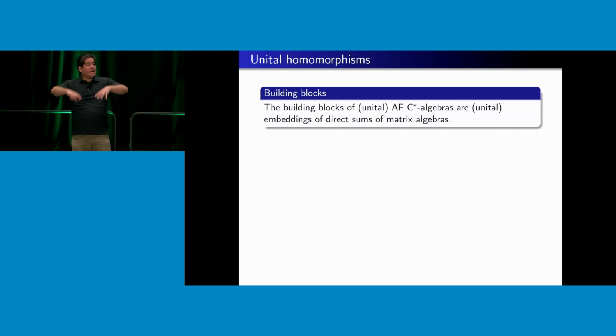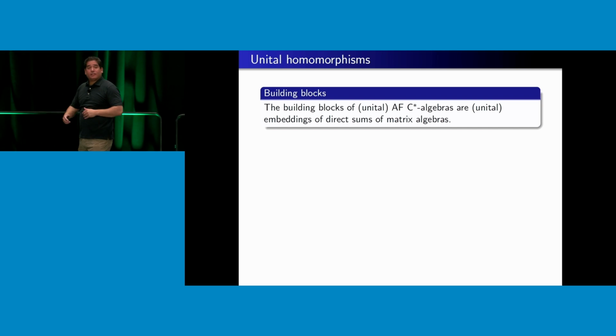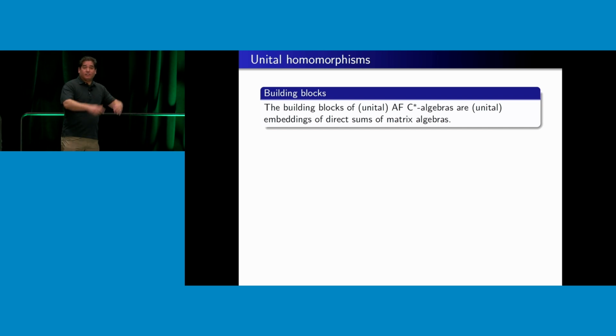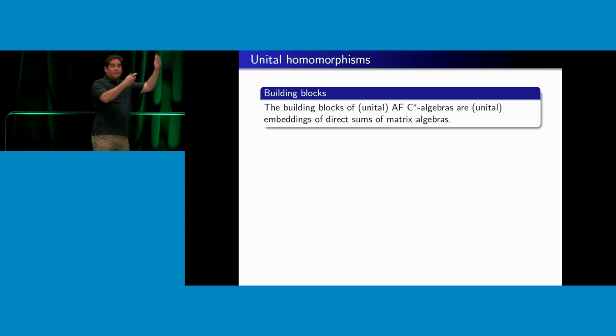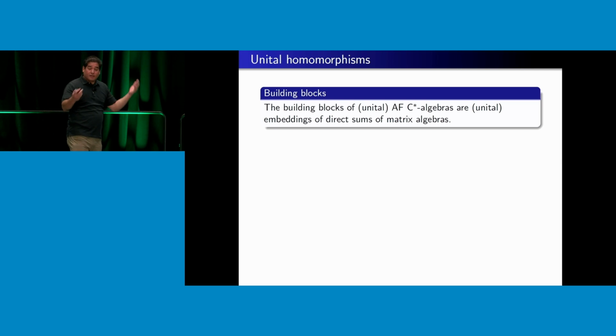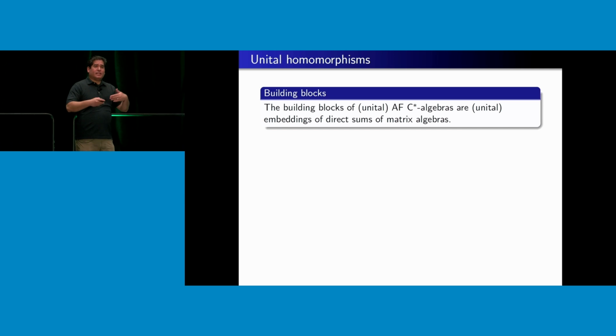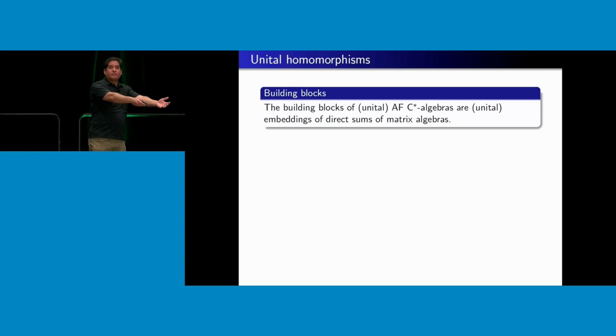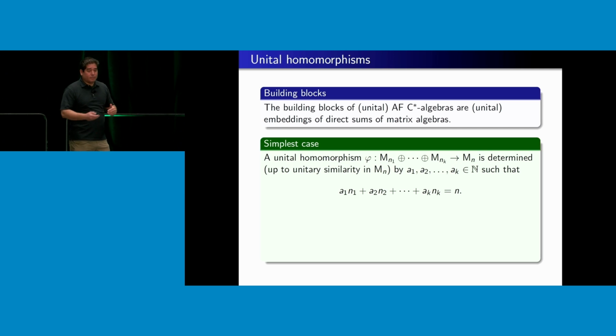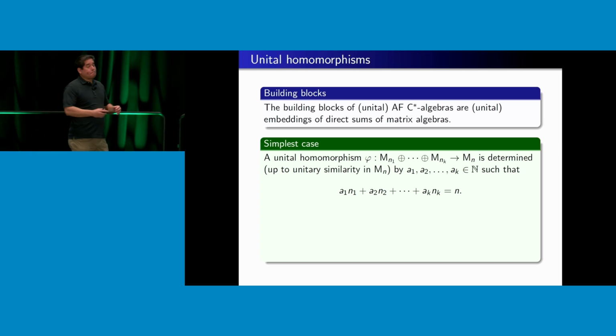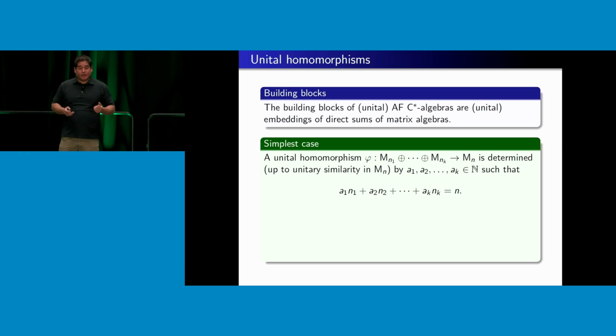So you have this infinite tower of algebras, and then you take the closure with respect to some inductive limit topology, and in the end, you've got this really cool infinite dimensional algebra that has a lot of awesome properties. That's a standard way of doing things, just stuffing boxes inside other boxes and continuing forever. And so we can imagine, can numerical semigroups and all of this other stuff tell us something about approximately finite dimensional algebras? And in fact, we can do something here.